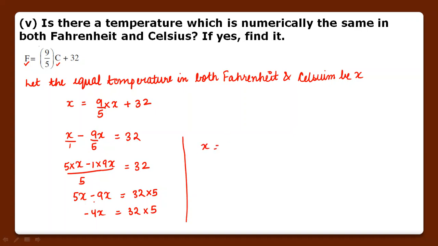Then x will be left here. This is multiplied here, so it goes to the other side and becomes division. 32 into 5 upon minus 4. It will be cut, 8 goes and the minus goes up. 8 5s are 40. So the value of x is minus 40 degrees. So we can write, therefore, minus 40 degrees is the temperature